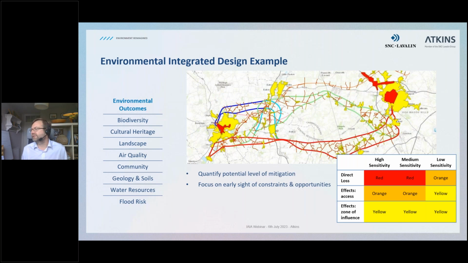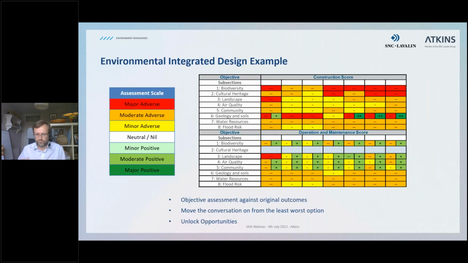Then we look at everything else that's available and start to quantify the potential mitigation required. In this particular case, we used what we called a red, orange, yellow, or ROY, score to really identify and quantify the different types, because some things are more important than others, and to be able to display that and influence the design teams and the wider delivery teams. At this stage, we start to focus on the early constraints and unlocking those opportunities. And then once we've done that exercise across all the different disciplines, we can consolidate that information in an easy way